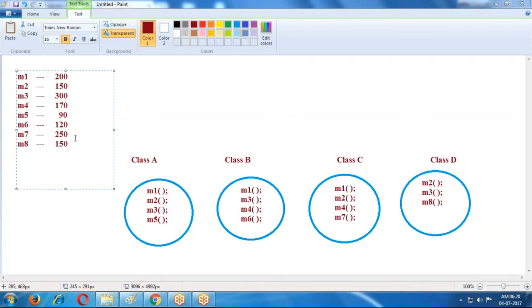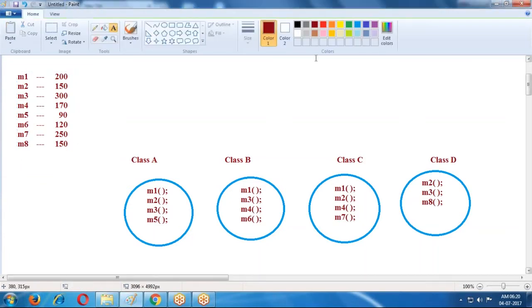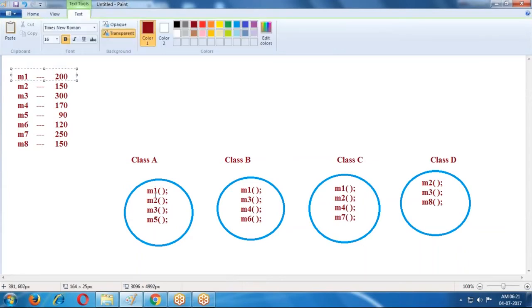Now we have different methods, and for the different methods the number of lines of code is like this. If I observe the M1 method, how many times are we using it? 1, 2, 3. Instead of 200 lines of code, we are writing 600 lines. The same code is written 3 times.